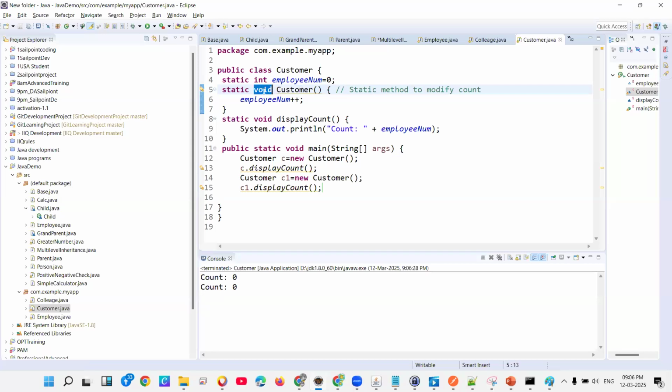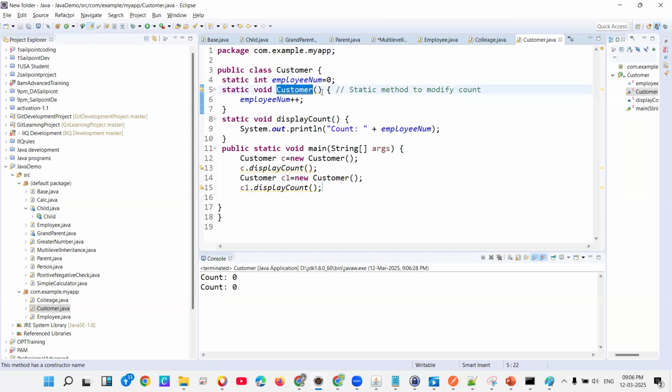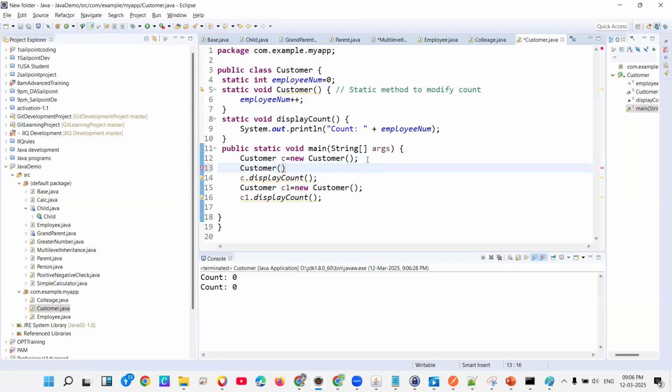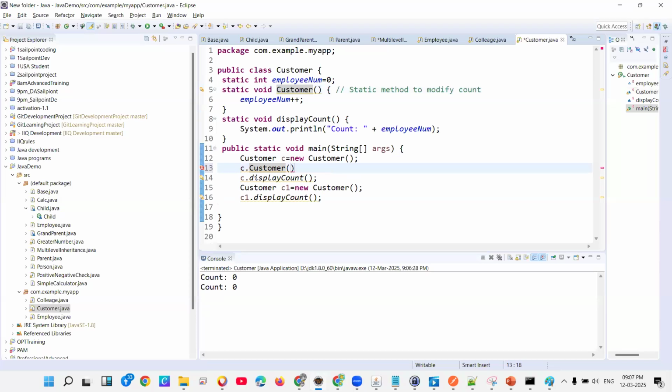Okay, this is my method, not constructor. Now what I am doing, I need to invoke it, only then it will increase. Basically, I wanted to show you how it is getting increased. First time I increased, second time if I call,